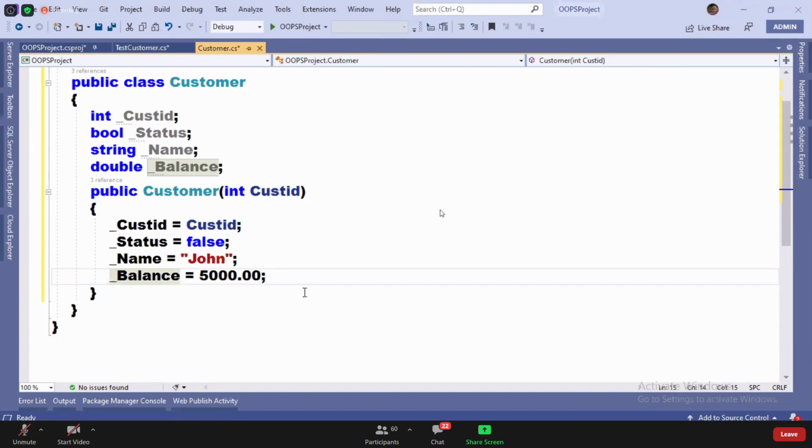Come on. My class has 100 fields, but the number of values I want to expose is only 10. When I want to expose only 10, how many properties will you define? 10 only. But tomorrow, after 1 week or after 1 month, if you look back into the class, how do you remember on what fields properties are defined? 100 fields are there, and 10 fields are associated with properties. You should identify which fields are having properties.